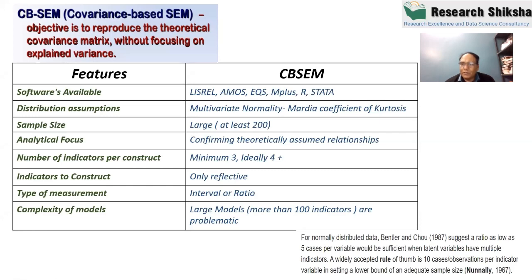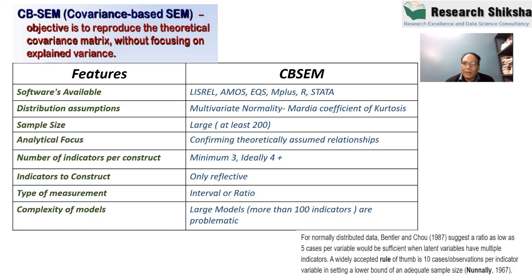And one thing also I have seen is that if your number of items is more, even if your items are more than 50 or 70 or 80, different kinds of problems start coming. One of the problems in AMOS is called the Heywood problem. The Heywood problem is that sometimes you find the correlation is coming out more than one, which is not practically possible. So this is only possible in AMOS. This is a problem which most of you may have seen in the past. So whenever your model is very big, you may suffer from the Heywood problem, right? So that is another problem in AMOS.